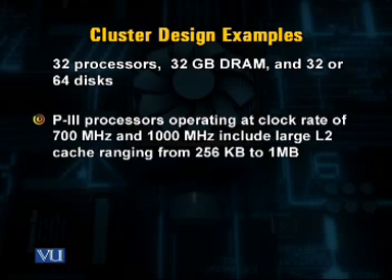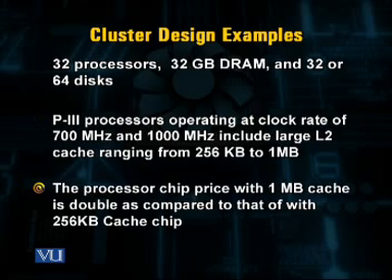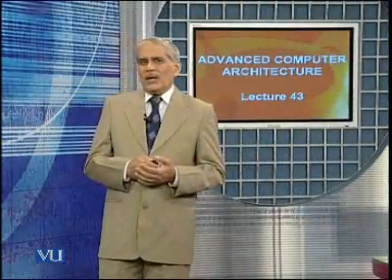Now, for different cluster designs, let us consider a Pentium 3 processor, which is, say, operating at a clock rate of 700 megahertz or 1000 megahertz, and it includes a large level 2 cache, which is, say, ranging from 256 kilobyte to 1 megabyte. However, note that due to the large die size, which becomes large due to the large memory size, the processor memory chip price with 1 megabyte cache is almost double as compared to that of the processor with 256 kilobyte cache memory. Furthermore, in cluster design,